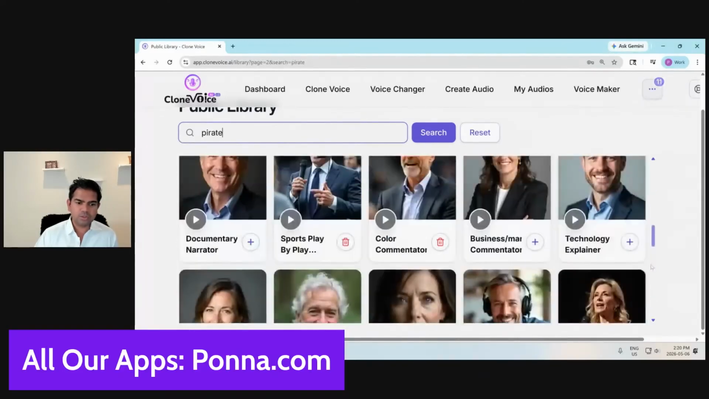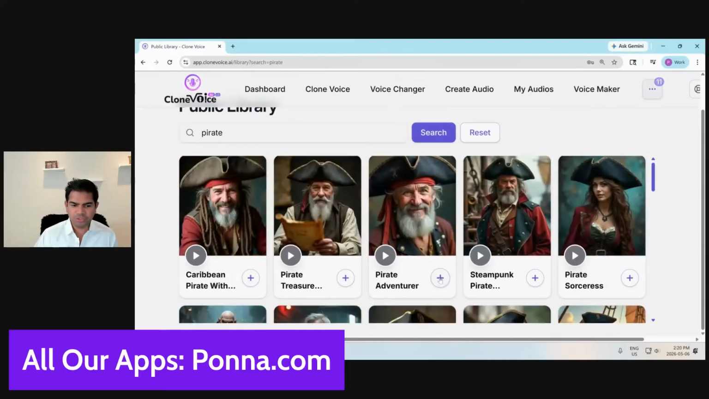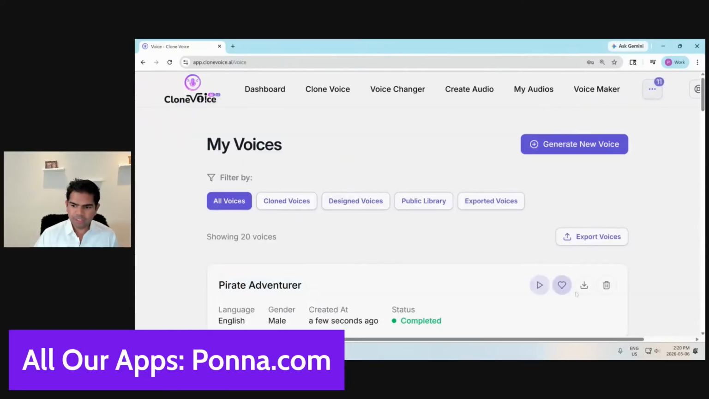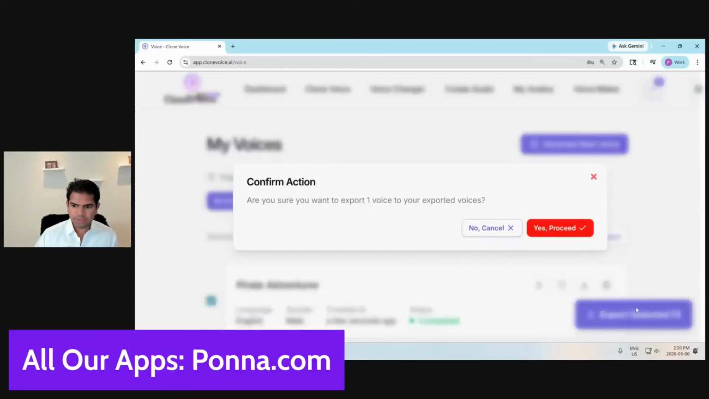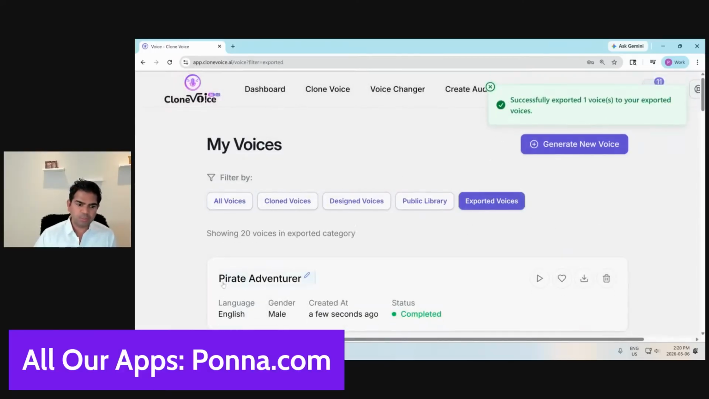So I used one of these pirate voices, basically pirate adventurer. You can put this, and then you can go back to my voices, pirate adventurer. You can just click export voices, select this, and export selected. Yeah. And then once you do that, this voice will show up in your exported voices, and then it will